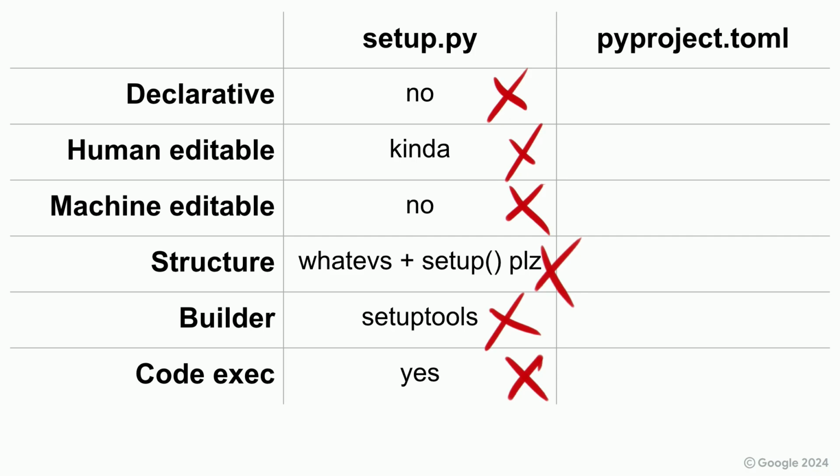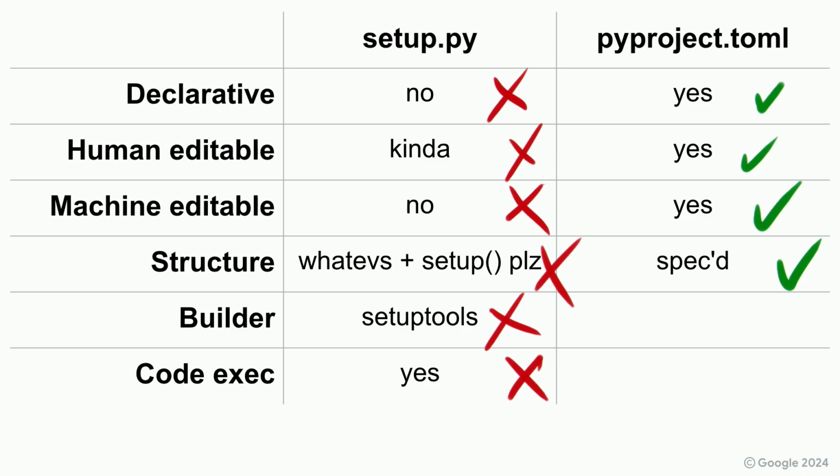So let's compare the two. I've added declarative: no there to setup.py, and pyproject.toml is specifically declarative. It's about what you want to do rather than how. And yes, because it's human readable and machine readable, you can write code to manipulate pyproject.toml. Machines can be used to migrate or do things like that, and it's human editable. It has a specified structure. It's not just something that evolved over time. You can use anything to build, and it, unlike setup.py,